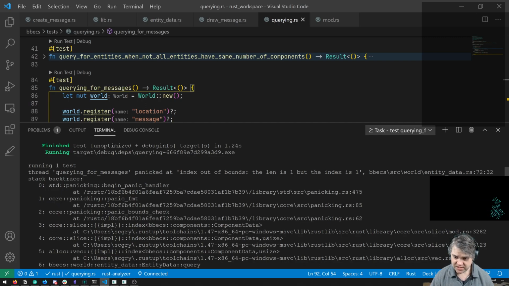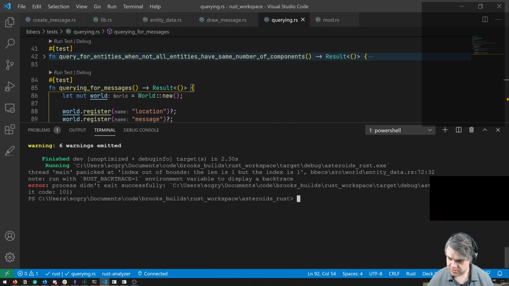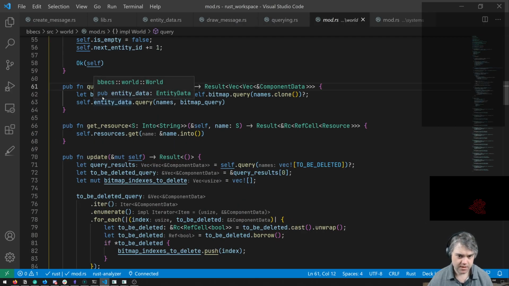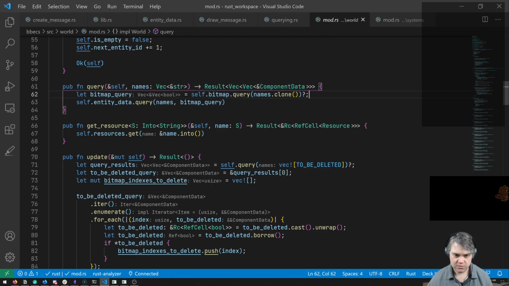Index out of bounds, the length is 1, but the index is 1. And I wonder, when I run this query, we first do this bitmap query here, which then gives us a vector of bools.